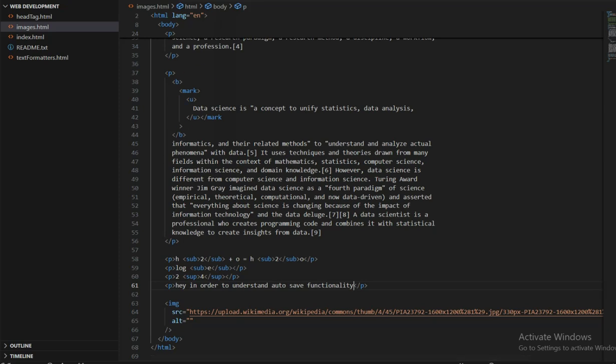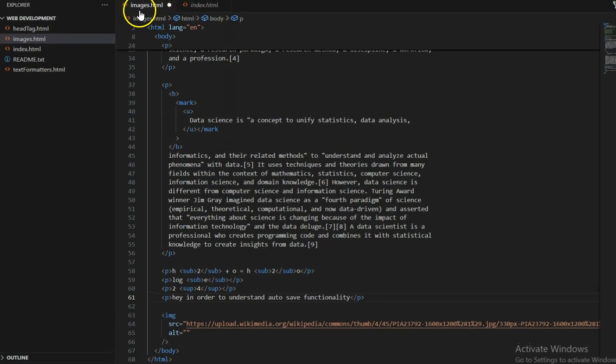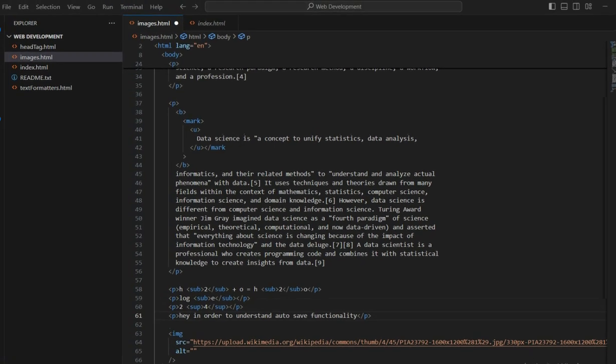Now again, if you can see, this particular file called images.html is highlighted, stating it has not been saved, right? If you can see on the top, we have a bubble-like structure indicating this file has not yet been saved. How do I overcome this? So for that, if you don't want to go and hit save or Control S all the time,